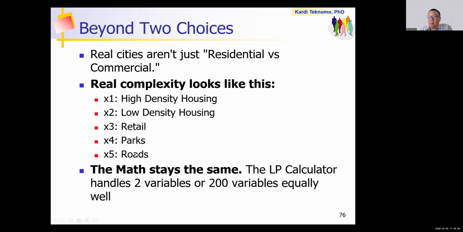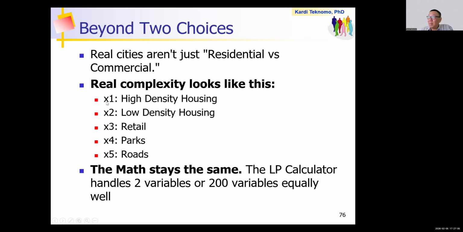Okay, so let's come back to the real city. In the last section, we only had two choices, right? Residential and commercial. But in reality, you have more than that, isn't it? You can have high density housing, low density housing, retail, park, road, and so on.